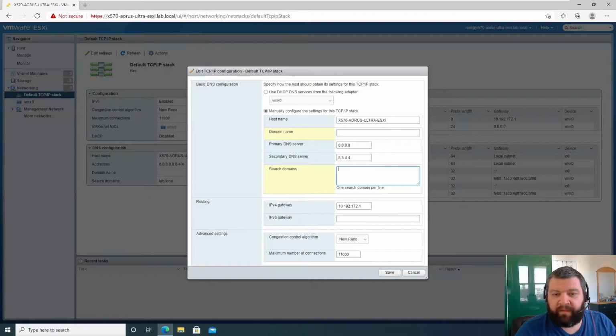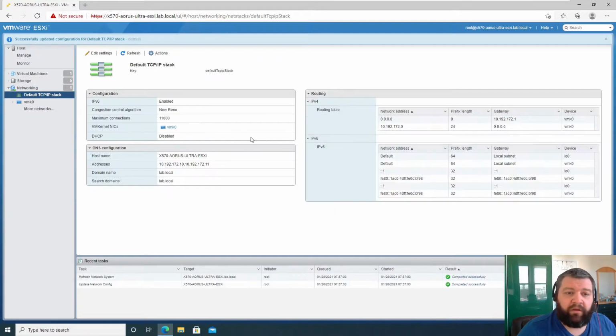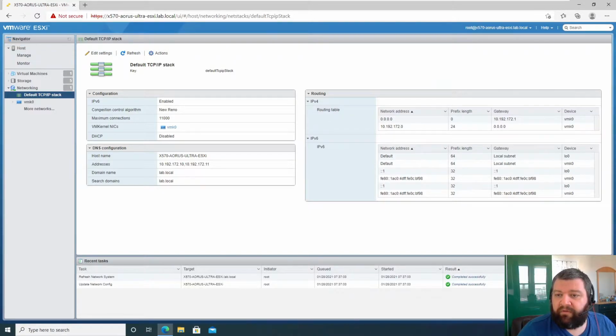And 10.192.172.10. That's our DNS server, and that's the same DNS server. So why not lab.local? That's our domain. Lab.local. Because why not? And our DNS servers, domain name, search domain name, routing, prefix. Okay, so